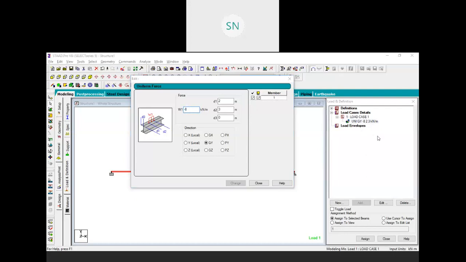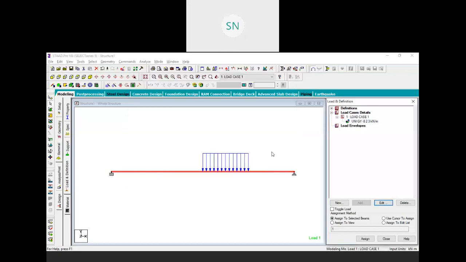What about the dead load? Whatever load we have, every load is generated due to gravity, either it is dead load or live load. All the loads that we are feeling right now are due to gravity. If you remove this gravity, your load will be removed. Are you getting me? So always our load direction will be negative y direction, either it is dead load or live load. That doesn't matter.